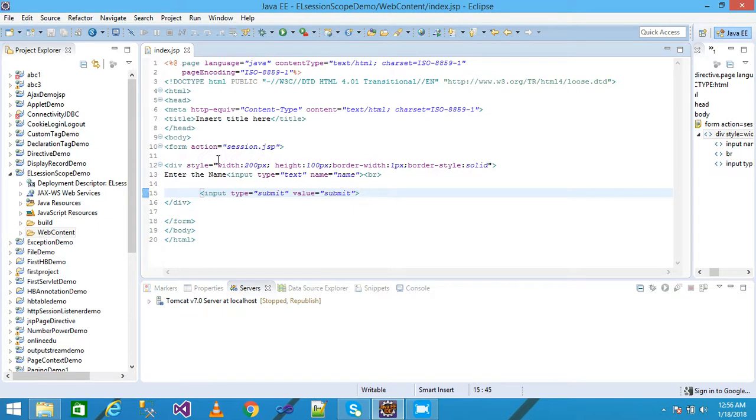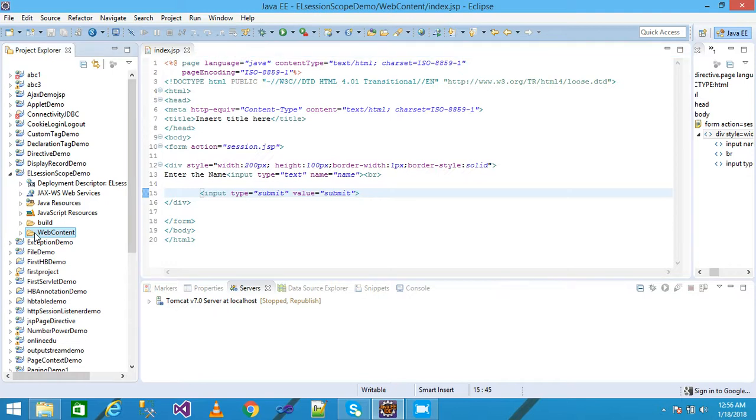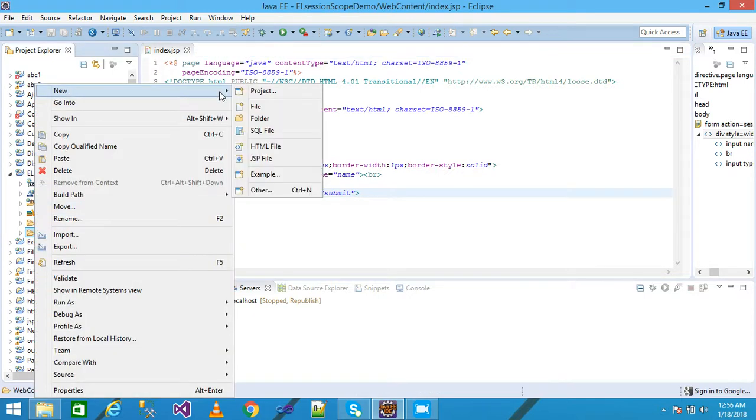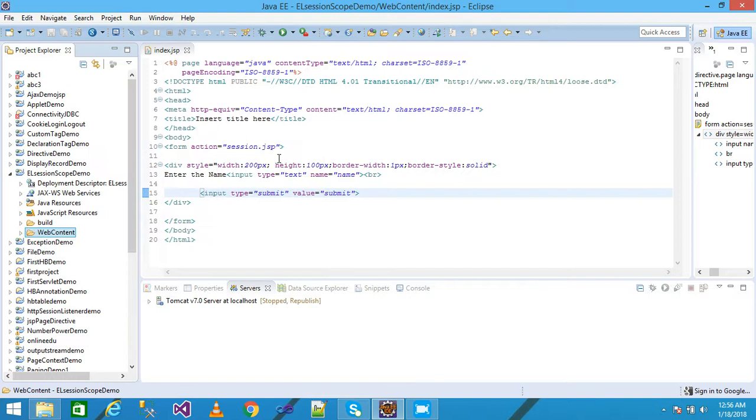Here I am taking a div and using the inline CSS style, passing width 200, height 100 pixel, border width 1 pixel, and border style solid. Enter the name and taking here the input type as text. The user enters any name into this text box and clicks on the submit button. The control goes to session.jsp. So I just create here a page, session.jsp,